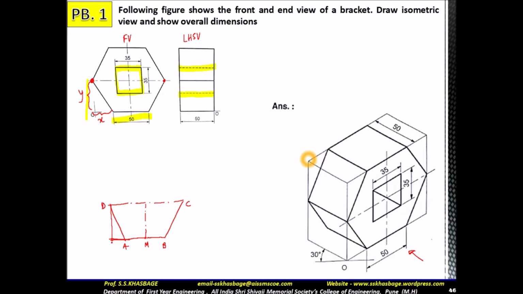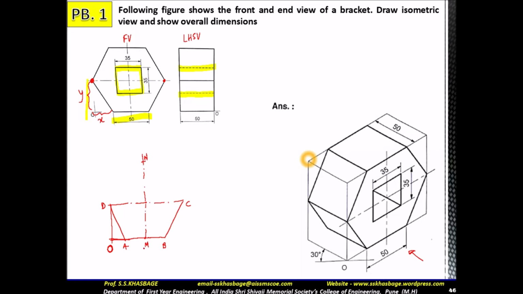This X distance we have to measure and plot on the isometric view. So suppose this is our origin point, that is the starting point. Now here we have drawn the half portion of this. Similarly we have to draw the upper portion. So now extend this central line. Now measure this distance, whatever the distance between this point and this M point, this vertical distance which is also equal to the distance of D to O, that same distance we will take in our compass and mark. So here suppose we get the N point.